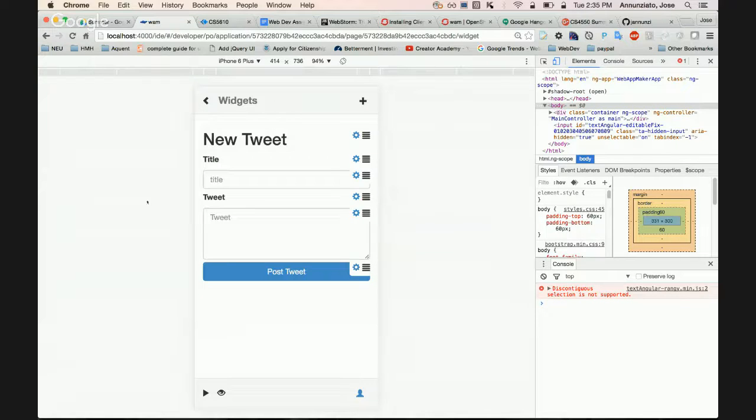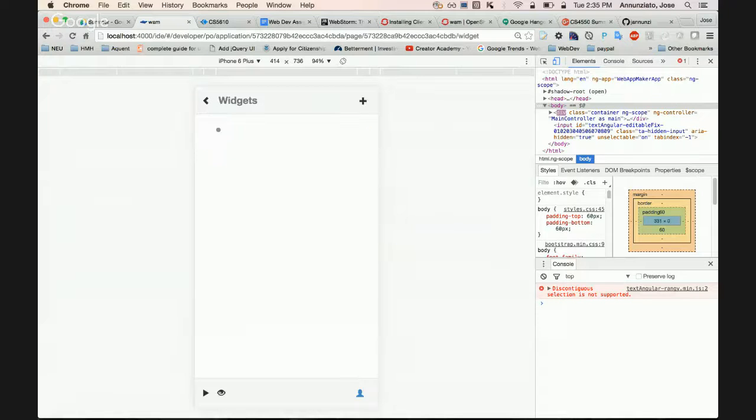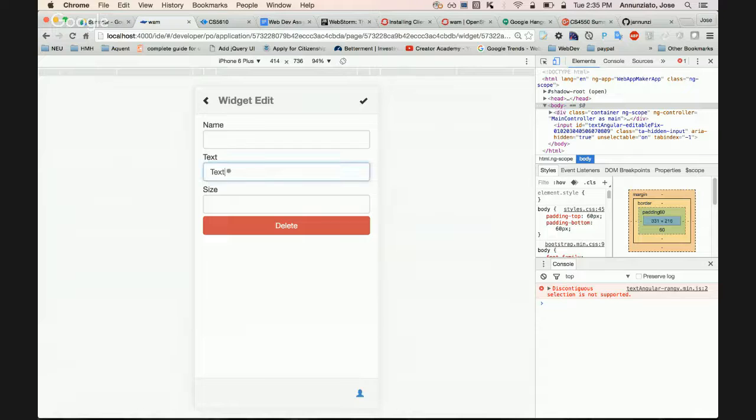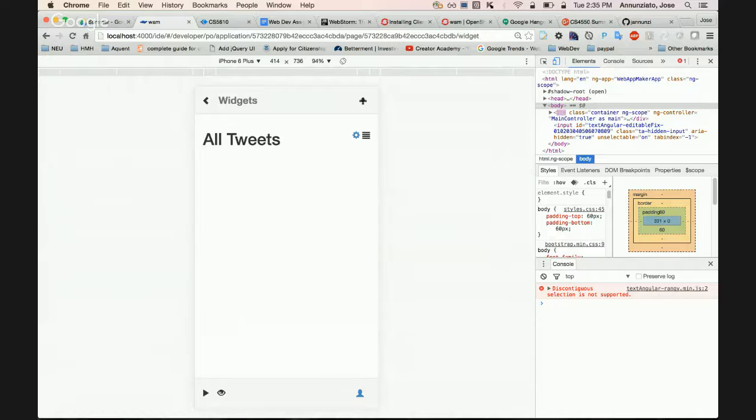There it is. I have my page, right? My new tweet page. How about I go back and I edit my tweets? Tweets is a list of all the tweets. This is a list of all the tweets. So let's add here a header saying. Maybe I should have a button that allows me to post a new tweet, right? Allows me to navigate to my new post, right? When I create a new post, I come back to this page.